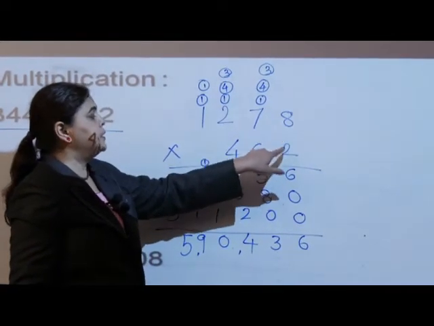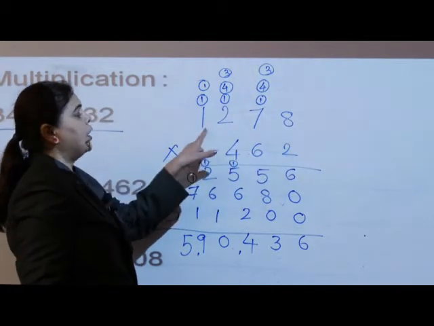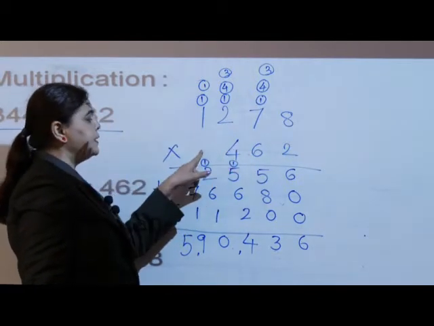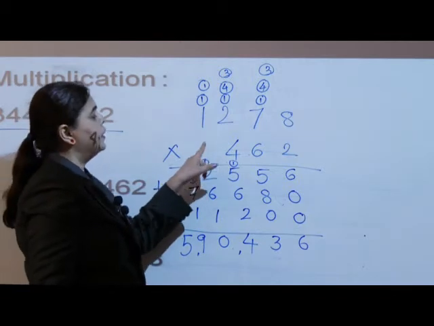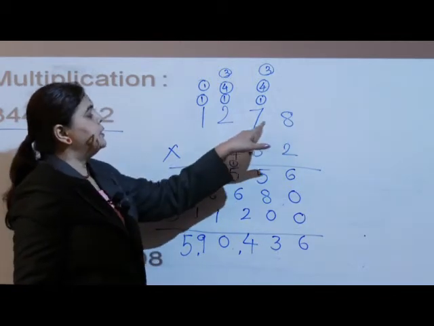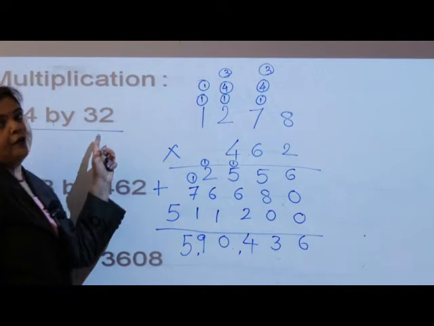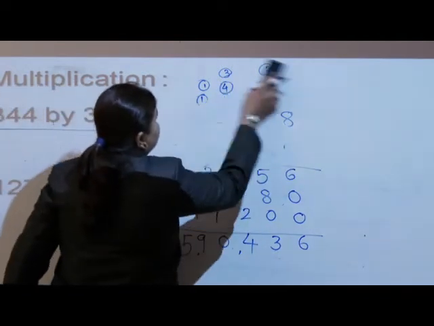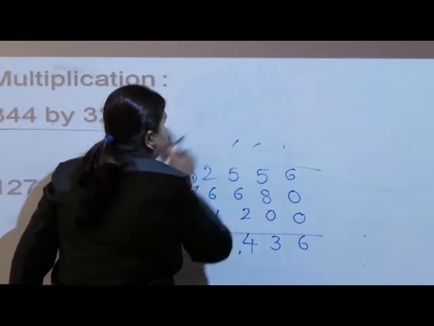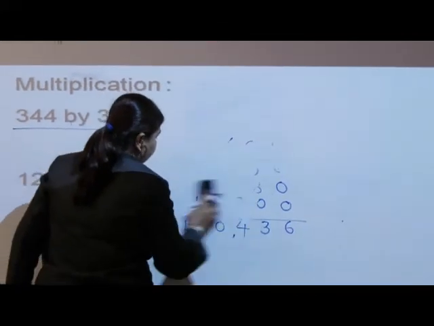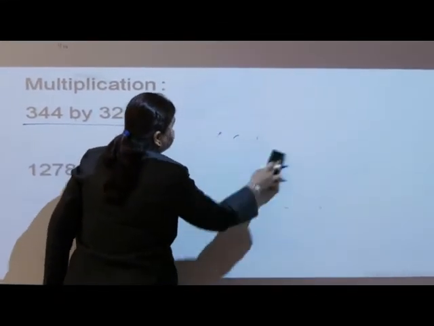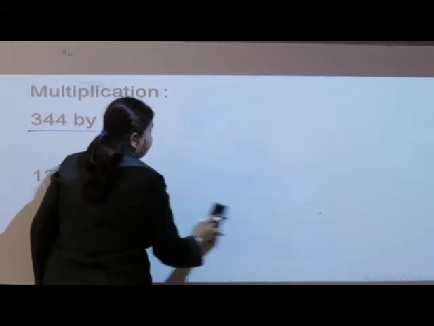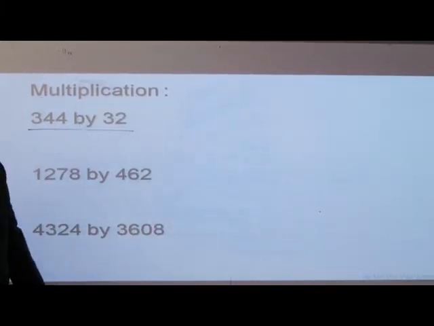My dear students, again I will say, whenever you are having 3-digit or 4-digit numbers, first try to multiply ones with ones, then tens, hundreds and thousands, whatever you are having. Similarly, if you are having a 4-digit number, again you have to take this number and multiply it with ones, tens, hundreds, thousands and whatever you are having. Before this you should know the tables. So please try to recite the tables daily, so it will be easier for you to do multiplication sums. Okay, my dear students, did everyone understand the multiplication sums?